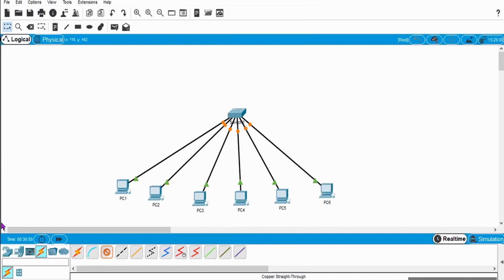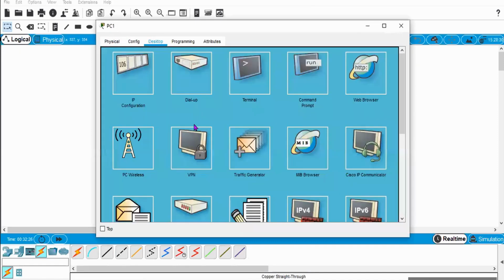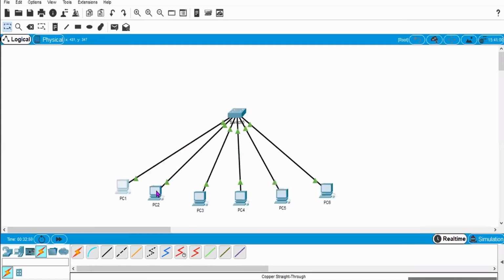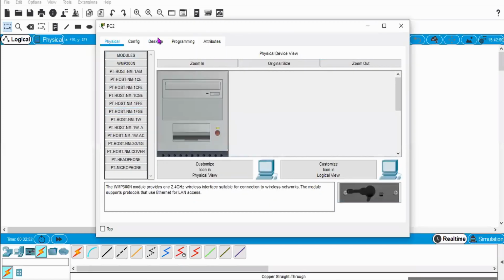Now I can wait for 20 seconds or I can fast forward it. Okay. After this, I can assign IP addresses. So let's assign IP addresses without any subnet masking. Without any subnet masking means I'm giving 192.168.10.1 for my first PC, and I am taking the default subnet mask for explaining things,